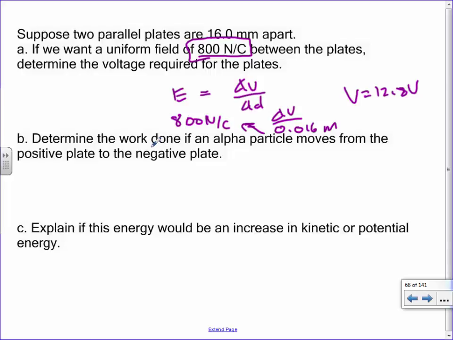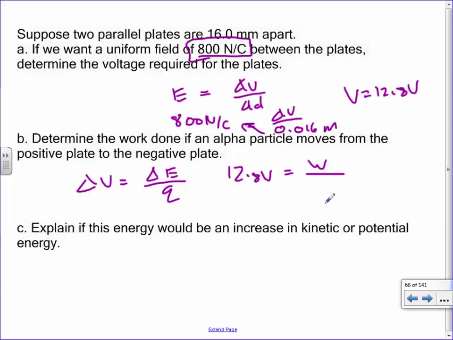That being said, what is work equivalent to? And we do have formulas involving energy, right? Probably the best one to use would be that the amount of voltage you have is going to be, the definition of voltage is how much energy happens per unit of charge. Well, we now know the voltage, right? Isn't the voltage 12.8 volts? If we want to figure out how much work is done, that's how much change in energy there's going to be. So I'll just put a W there.